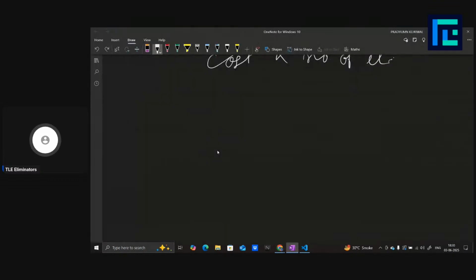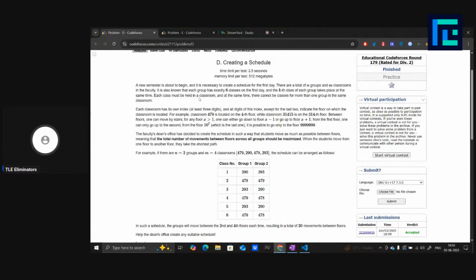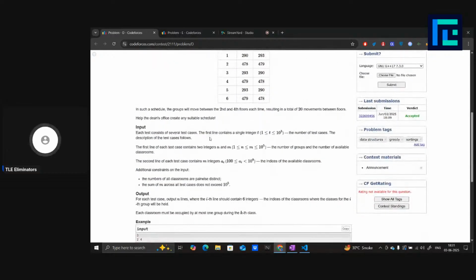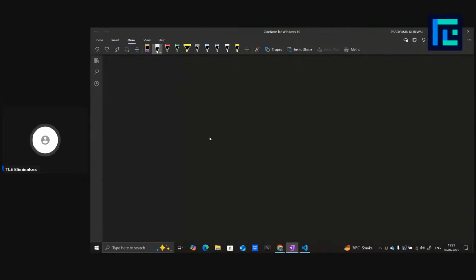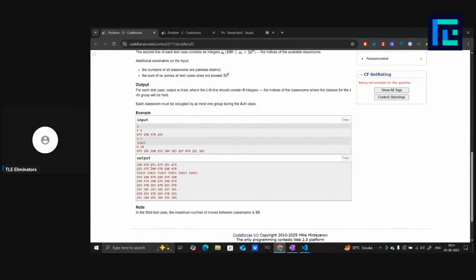So we have here a question which, if you just read it, is complicated, but it is pretty easy, to be honest. For Div 2 D at least, it is pretty easy. So what we actually can see here is that